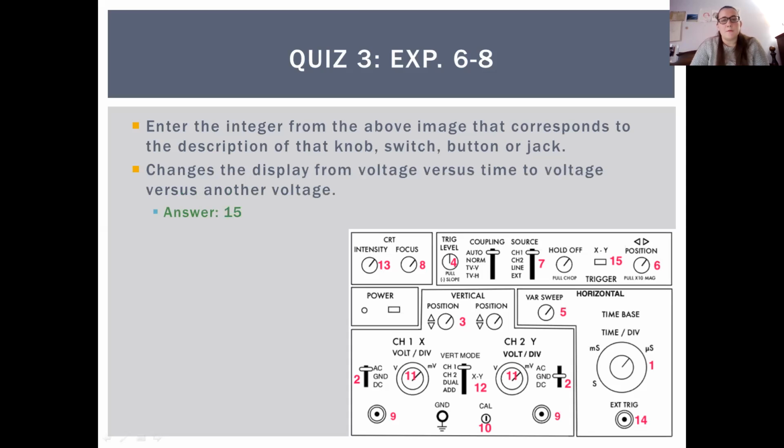How do you change the display from voltage versus time to voltage versus another voltage? That is this XY button. So here we're plotting input 1 versus input 2, I guess input 2 versus input 1, because channel 2 is your Y value and channel 1 is your X value. If you remember when we were doing some of these oscilloscope experiments, we would plot the Lissajous figures, and to do that we would push in the XY button, so we're plotting one versus the other, and it creates these really interesting,